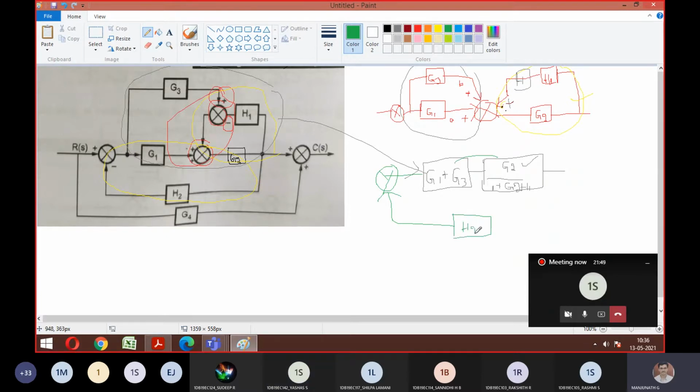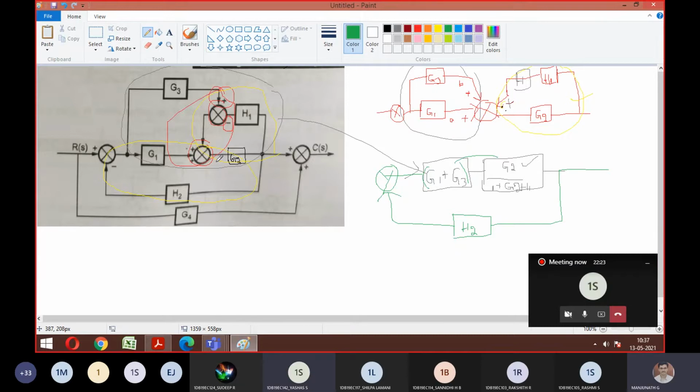So you can perform that to one block, meaning multiplication of these two. G1 plus G3 is going to multiply with G2, so I can write it as G2 into G1 plus G3, whole divided by this much. Then that is elimination. Eliminate this and tell me what is the answer. After that, the last step will be what? Parallel combination. Good.